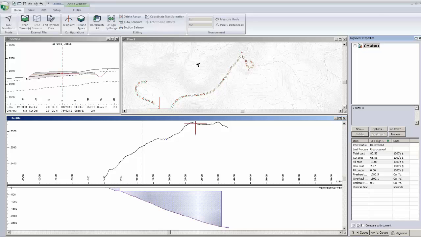What I've actually found is that the civil type projects actually work a lot better in Optimal. They produce more significant savings than do lower standard roads. And the reason for that is a lower standard road generally will follow the ground a lot more, and it's easier for an engineer to figure out. And so, typically we see in a resource road improvements of 10 or 15% on earthwork, sometimes more